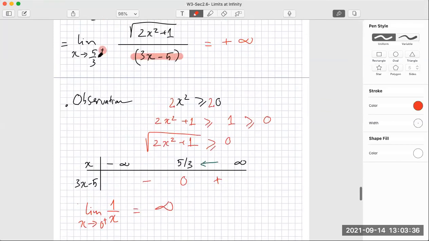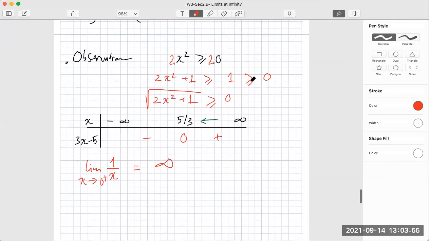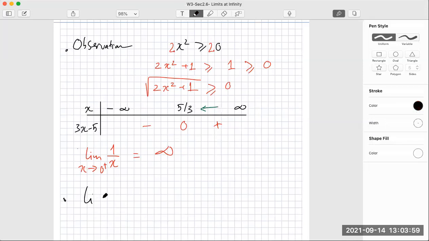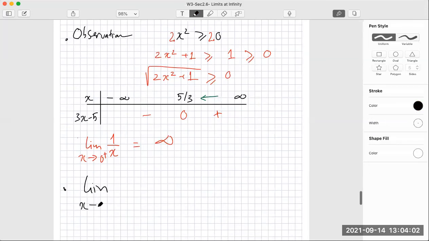But then the next part. Do you understand why, when it approaches 5/3 from the right-hand side, this goes to positive infinity? Because the denominator gets smaller and smaller. Yes, but it's still positive, right? A number divided by a very small but positive number, then the limit goes to infinity. And the same thing, we see the limit as x approaches 5/3